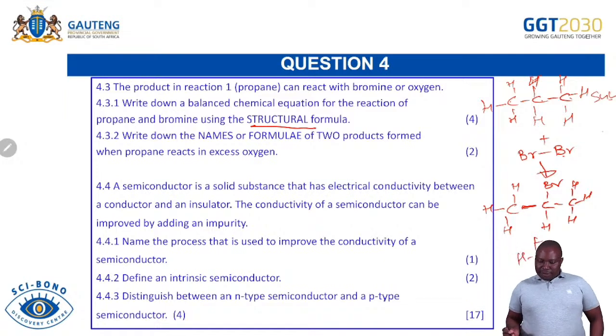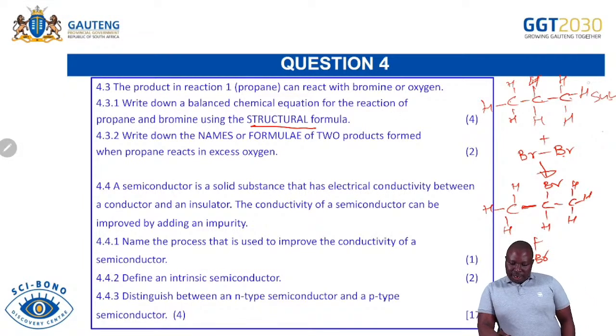So you are able to do that. They said write down a balanced chemical equation for the reaction of propane and bromine. Then you have 4 marks. You are rich. You have 4 marks, so you can get for writing the structure of propane, for writing the structure of bromine. Remember, even the Br2, I didn't write as Br2 because this is structural formula, means you show all the bonds. So I showed you the bond between Br and Br so that you are able to do everything correctly. Then you get the mark for the 2 products. Then you have your 4 marks. Remember, we said you can use mild heat here. You can even just use sunlight. So if you use sunlight as a condition, but in this case, because the condition was not asked, you will do what you are asked.